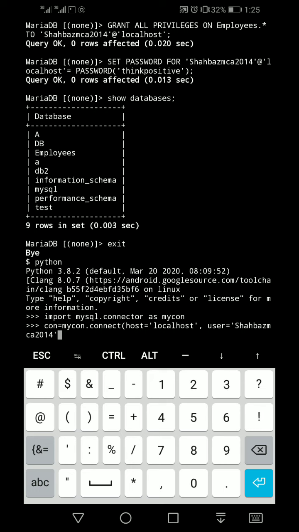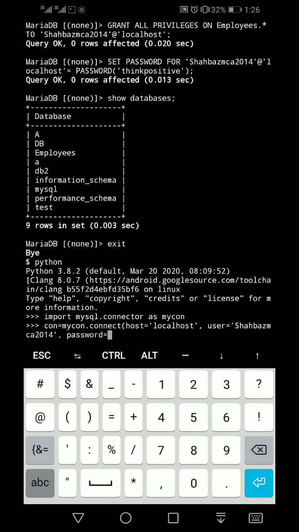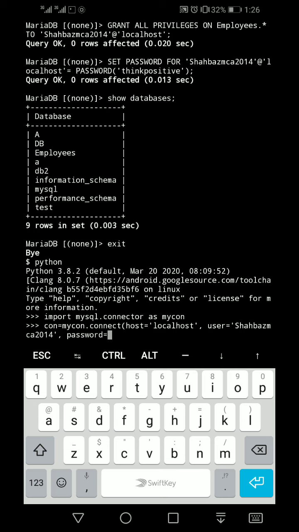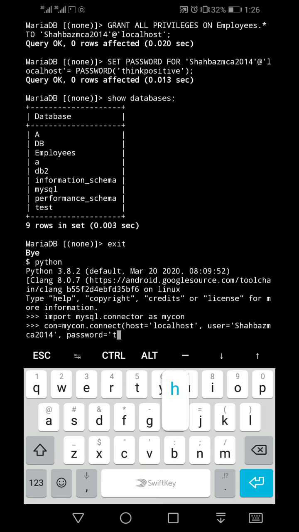This is the username, comma, then type password is equal to password in single quotes. What is the password?